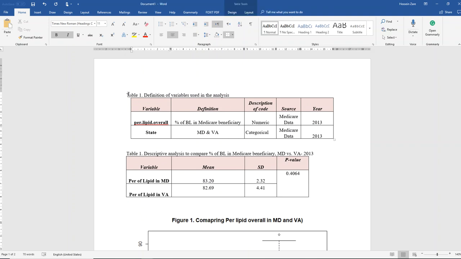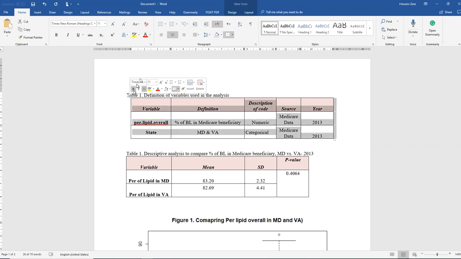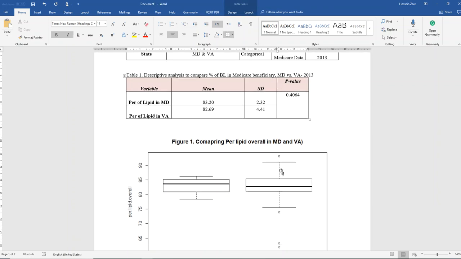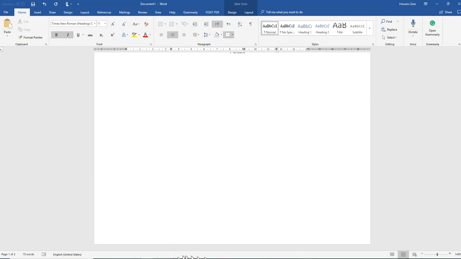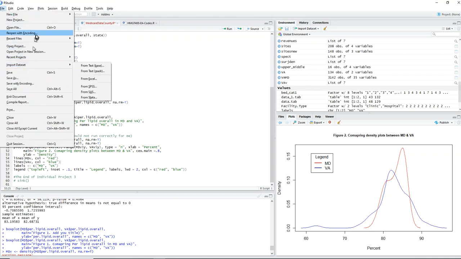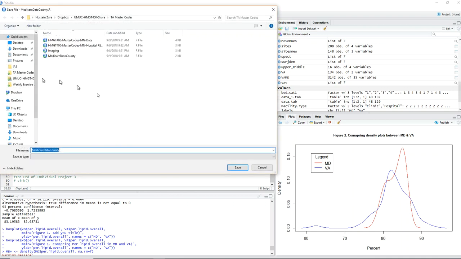You just need to write a short discussion to compare this between these two states. This is what I expected to see for the team project. I'm gonna go with one more example to explain it. I always recommend you save the file, so I'm gonna save as here as a different file,